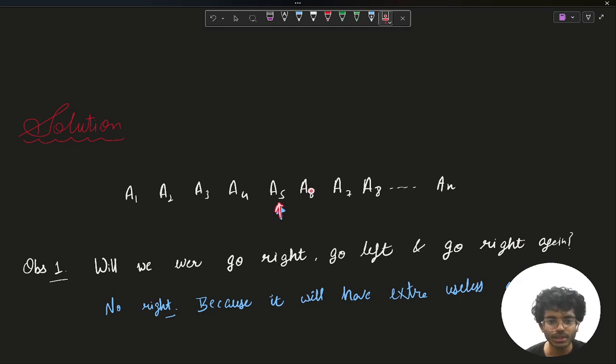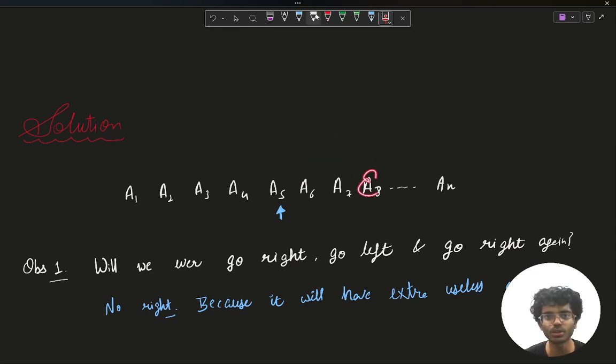Okay, so let's try to make some observations first before proceeding to the optimal solution. Let's say the burglar is at some particular house. What would be his ideal strategy? If he's going right for some time and then he comes back to some index and then he goes right again, will it ever be optimal for the burglar to do so? No, right? Because if he's going right and then coming left and then going right again, that means he could have